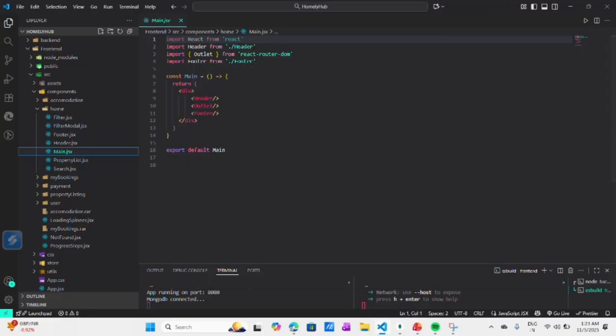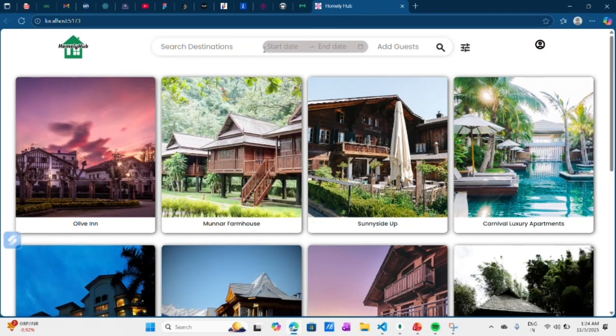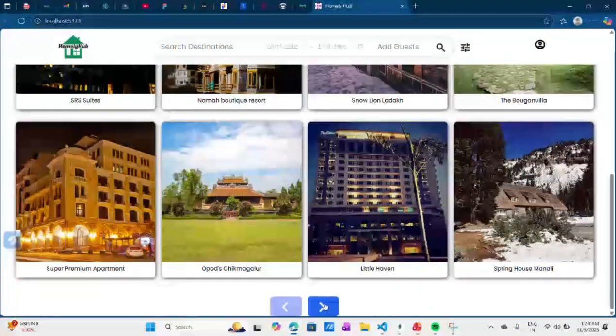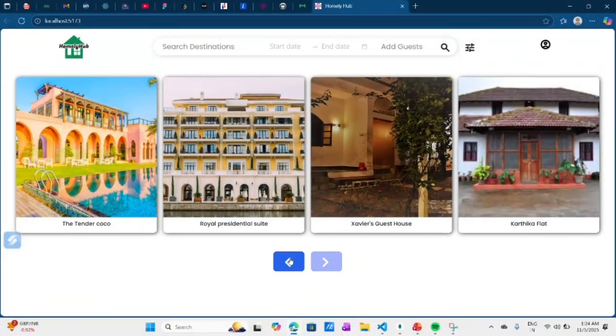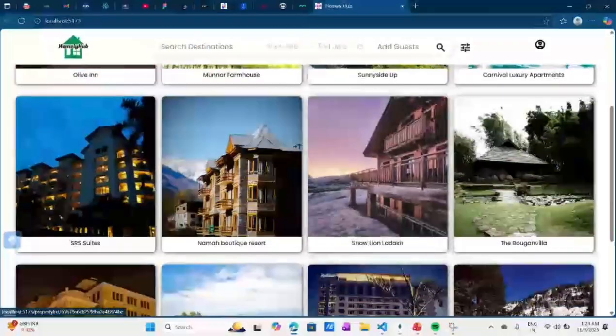Every page that is nested under your routes gets displayed here. In short, Main.jsx controls your page layout and keeps your header and footer consistent across the pages.